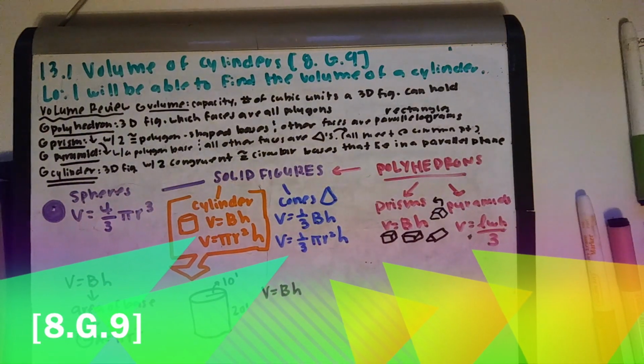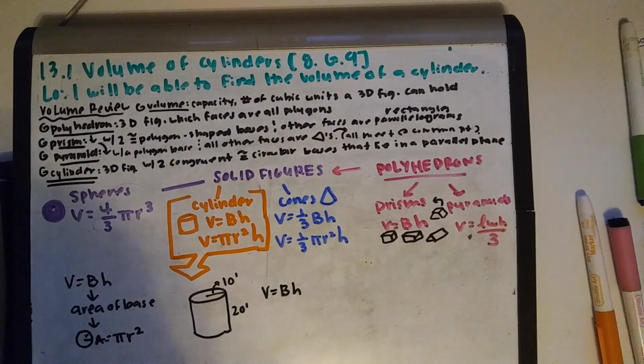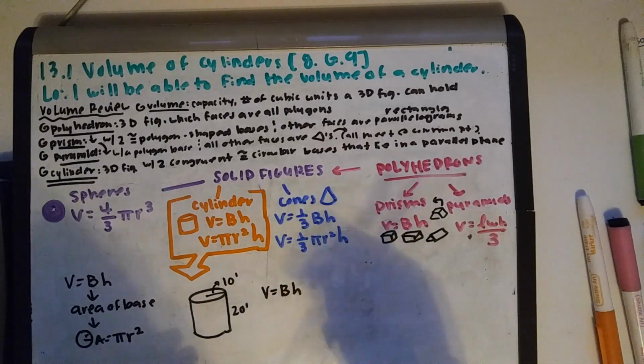Okay guys, this is 13.1, volume of cylinders. As your standard, to be able to find the volume of a cylinder with 80% accuracy, your height is your objective. Really quick review on volume. Volume is basically the capacity. It only pertains to 3D figures, so you have to have some kind of space for you to fill in